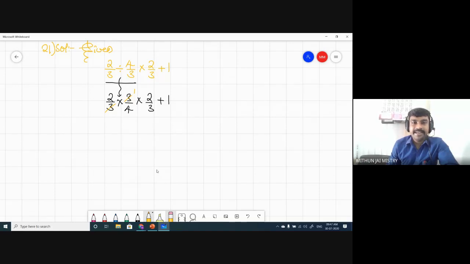Okay, children. Here 3 and 3 I have cancelled, Nana. 3 1s are 3 crossly. Then here 2 and 4 is there. 2 is upside and 4 is the denominator, numerator and denominator. We can again do some simplification. 2 1s are 2, 2 2s are 4. Again here 2 1s are 2, 1s are 1. Did you confuse? Did you understand this cancellation?